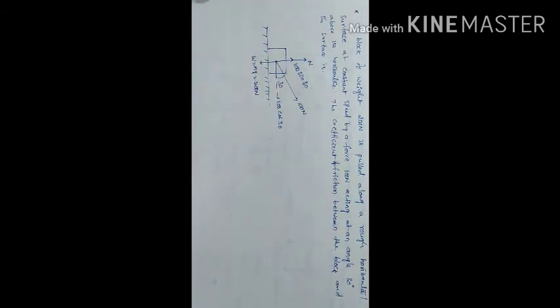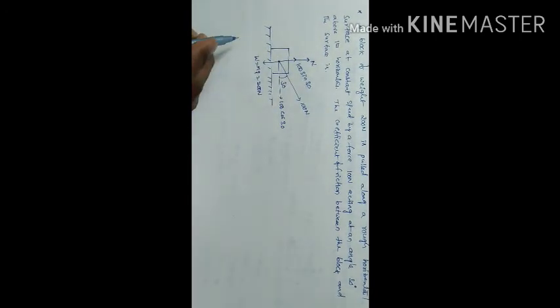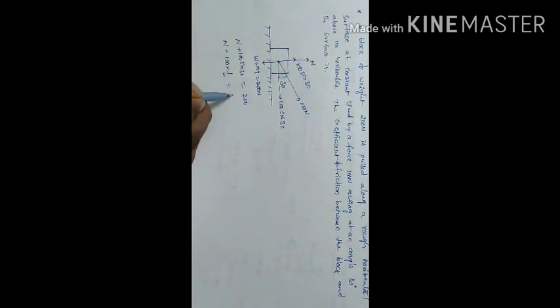Okay, first of all we need to calculate the N value. For N, upward forces are equal to downward forces. So that means N plus 100 sin 30 equals 200. Now 100 sin 30 is 1 by 2, so 2 ones are 2, 50s. Now N equals 200 minus 50. Now N equals 150. This is the N value.